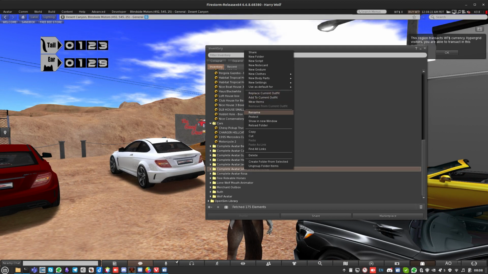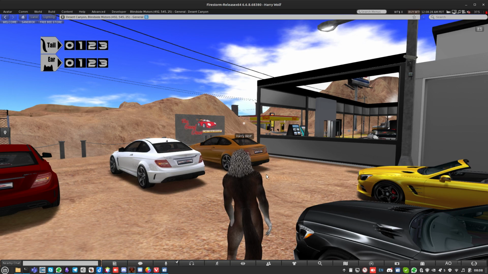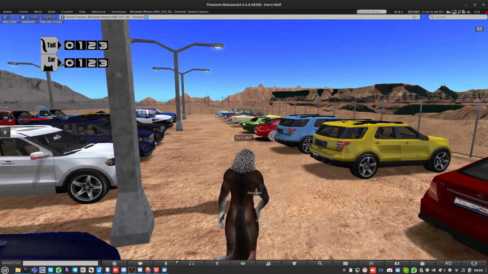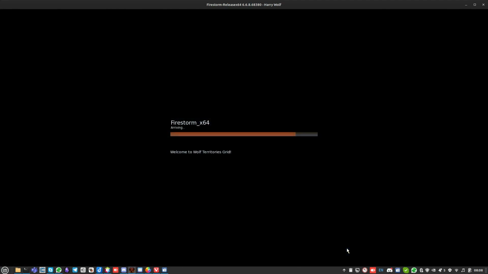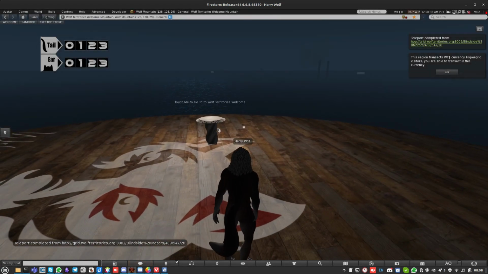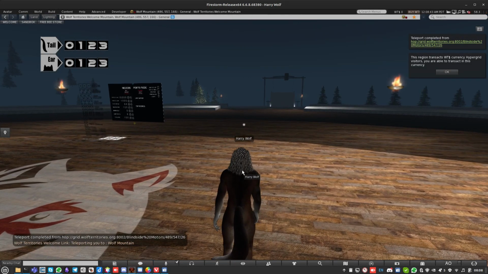Some of these will put up these HUDs here. You can just right click and detach to get rid of them. I'm going to stay a wolf on this. Harry's going to stay as a wolf. And if you do home, Control Shift H, that'll take you to the bottom of Wolf Mountain. So all you have to do is click on this thing, and it'll take you back to where we are